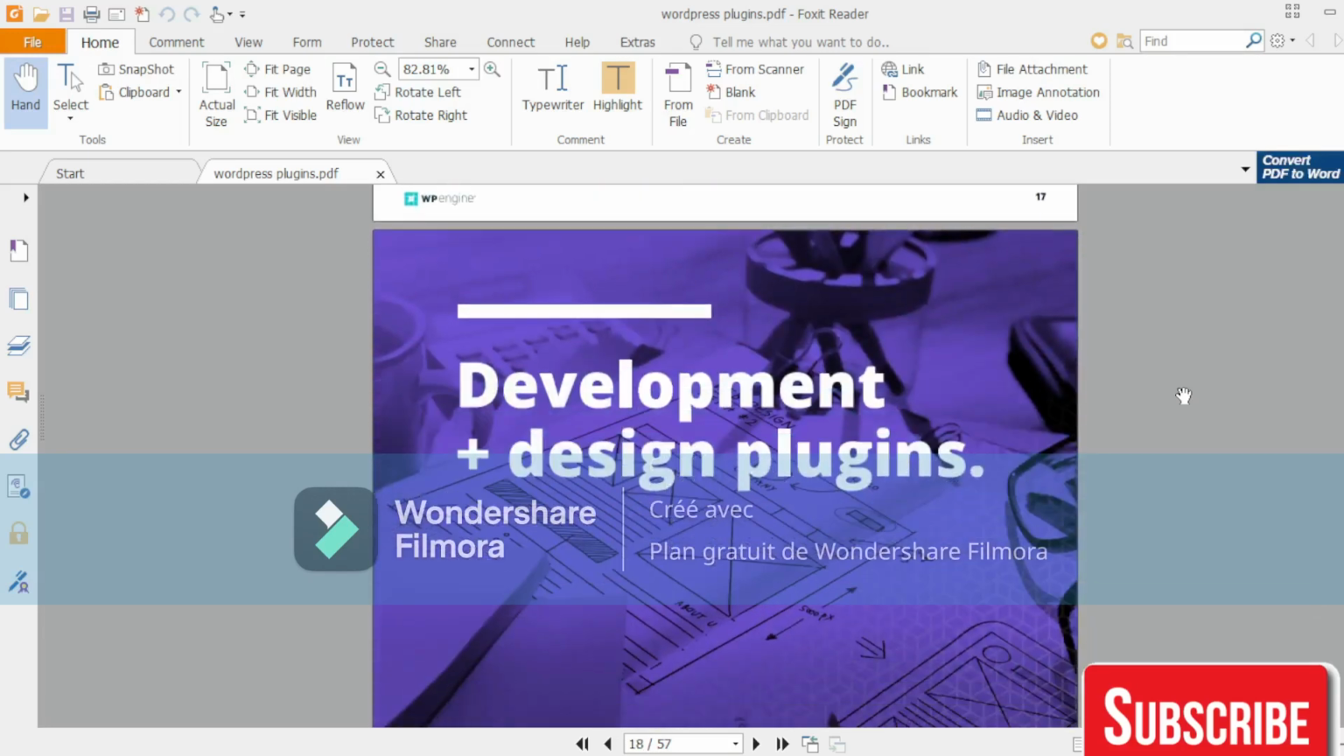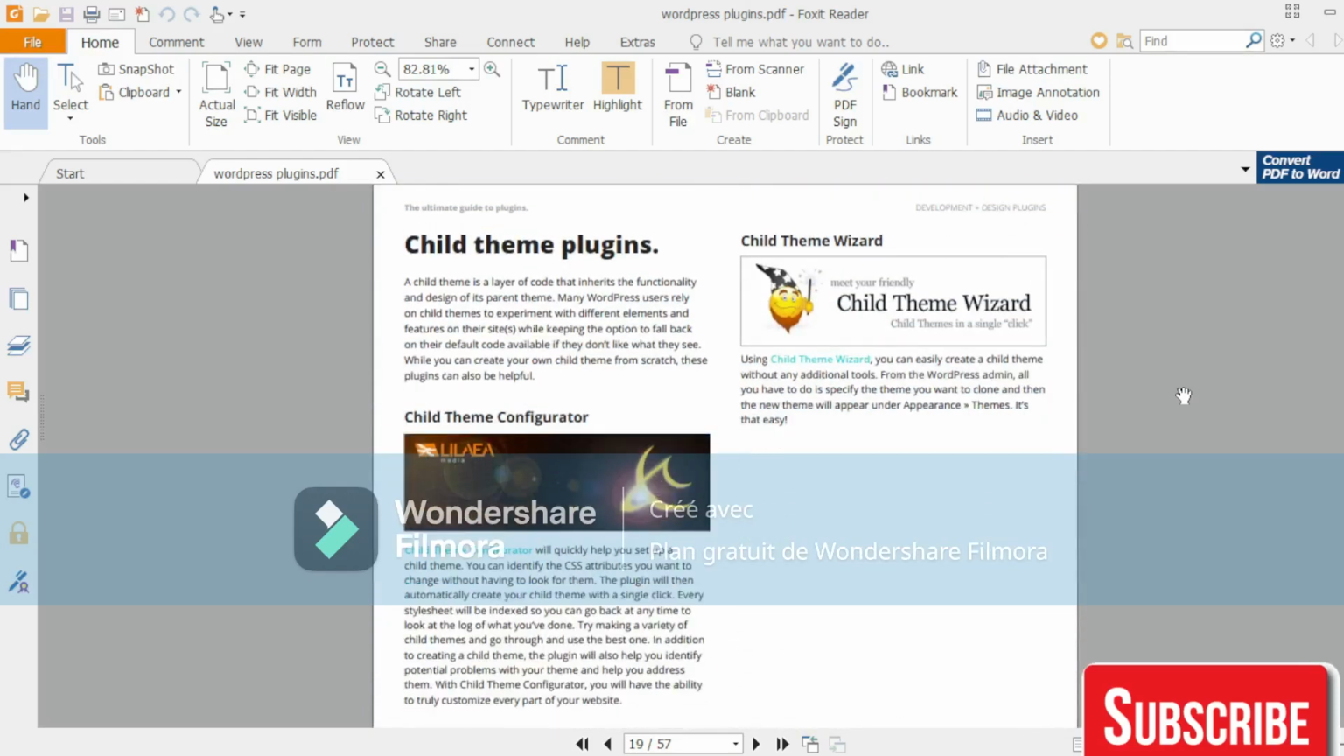For the development plus design plugins, child theme plugins. A child theme is a layer of code that inherits the functionality and design of its parent theme. Many WordPress users rely on child themes to experiment with the different elements and features of their sites while keeping the option to fall back on their default code if they don't like what they see. While you can create your own child theme from scratch,